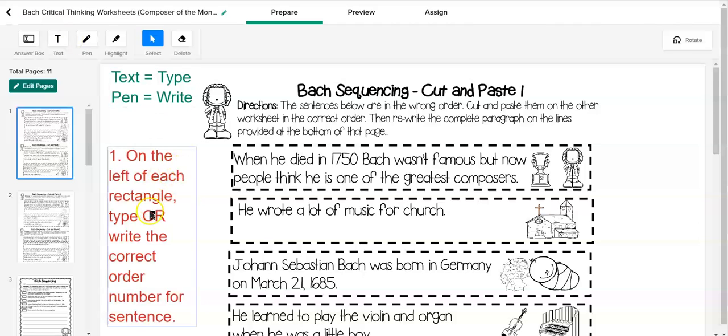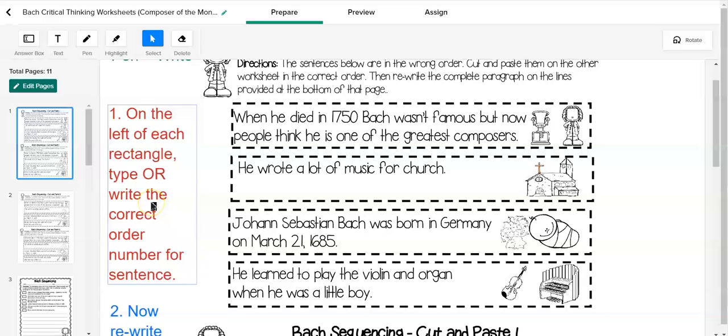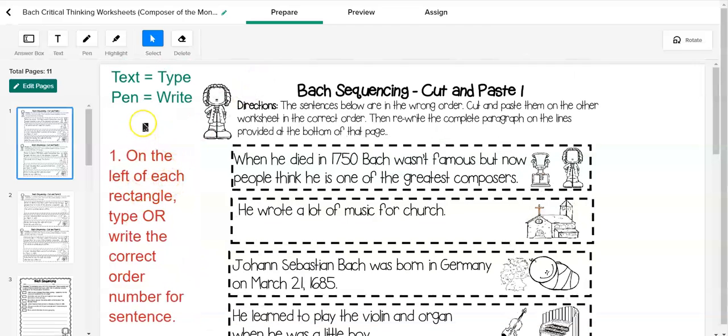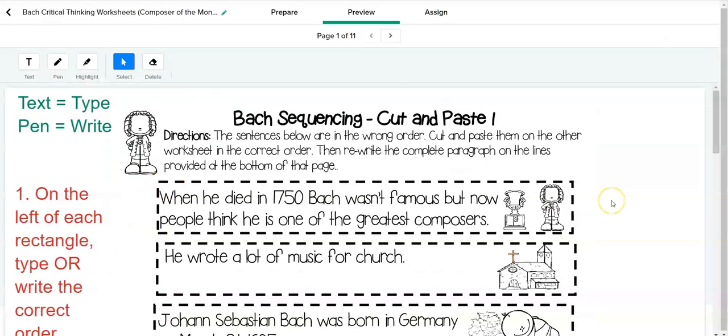So what you can do is provide special instructions for any of these worksheets, and students can simply type on them. They can write on them with their fingers if they're using a tablet, or they can use the mouse as a pen, and there's also a highlighting option. So for instance, in this particular packet, there are a variety of activities for students to do. This was a cut and paste type thing, so students could now simply use the pen tool to click and